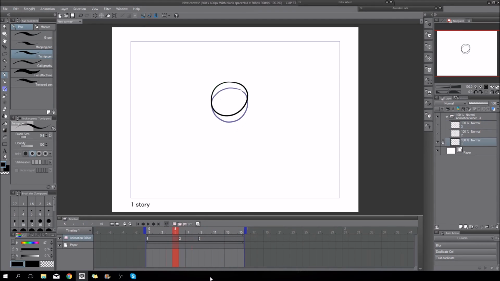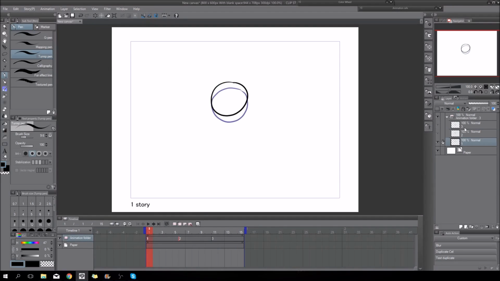So that's where you start. Another thing you can do is select the frame and drag it somewhere else to define the spacing and timing. If I put them really close, the animation will be really fast, and if I drag them apart, the spacing between them will be bigger and it will be slower.